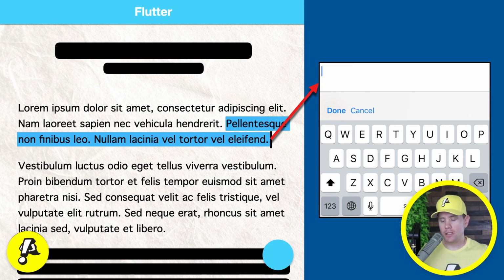On mobile, and this is somewhat true for desktop, but it's much more important for mobile, there is something called a text input client. If you want to receive input from the operating system keyboard, the iOS, Android keyboard, if you want autocorrect, if you want composing regions, you have to be a text input client. The caveat is that there can only be one active text input client for your entire app at a given moment in time. In other words, there's only one widget that can interact with the keyboard at a time,